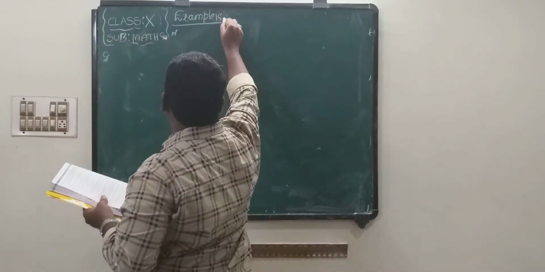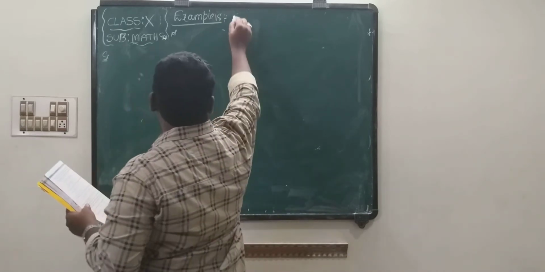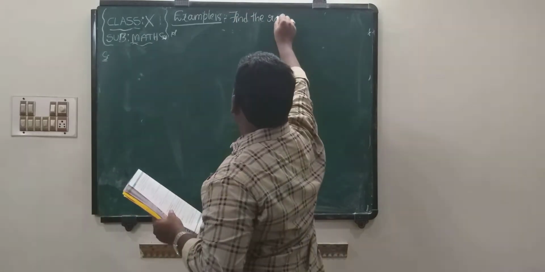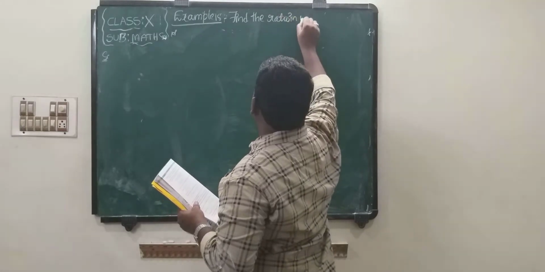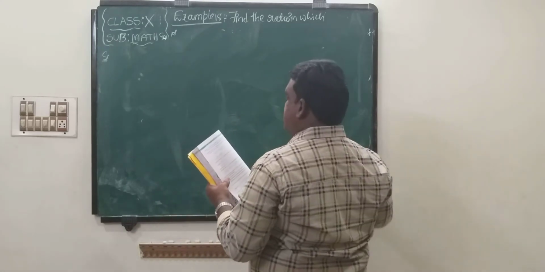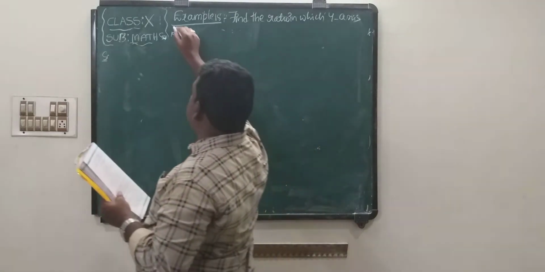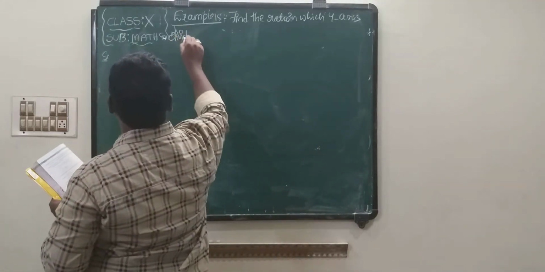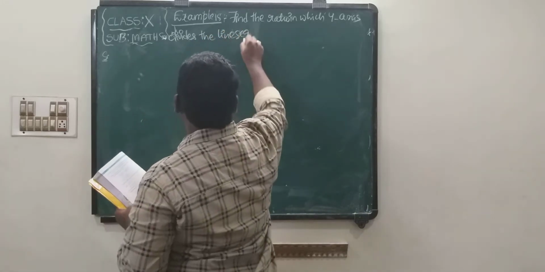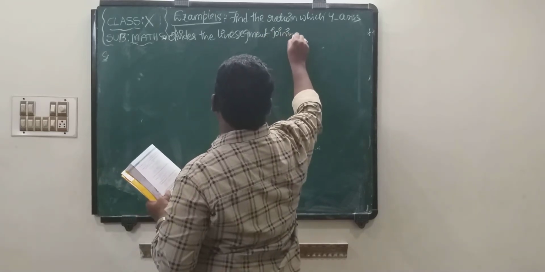It is also somewhat 8 marks, a very big problem. Find the ratio in which the y-axis divides the line segment joining